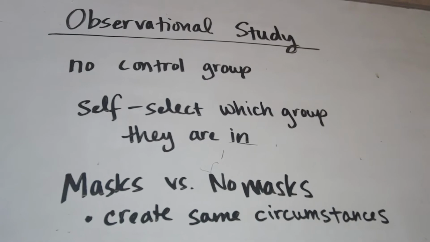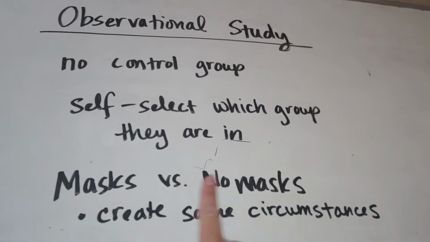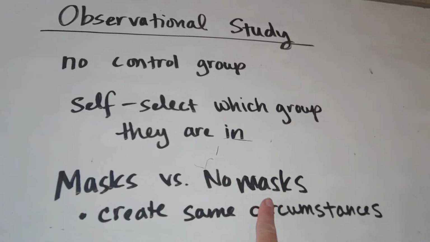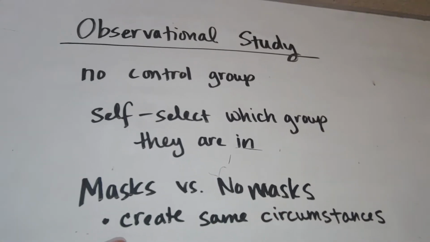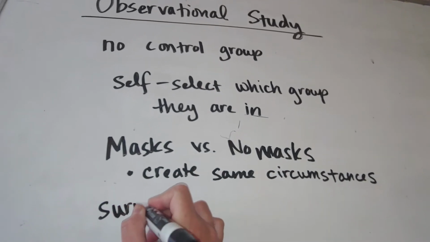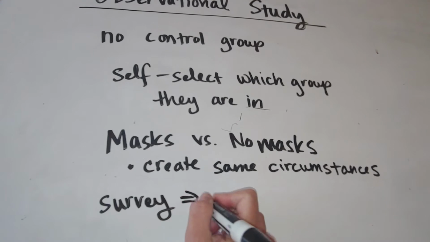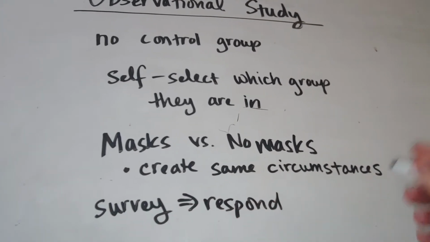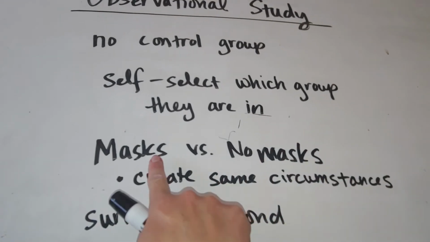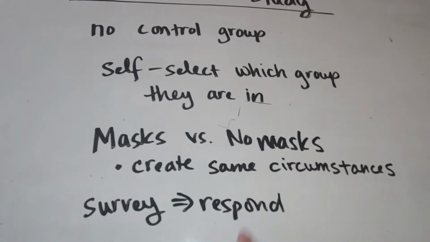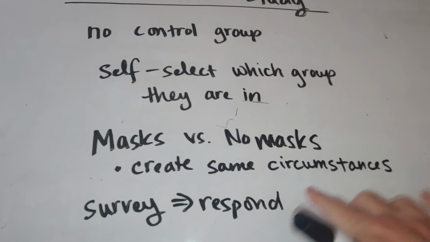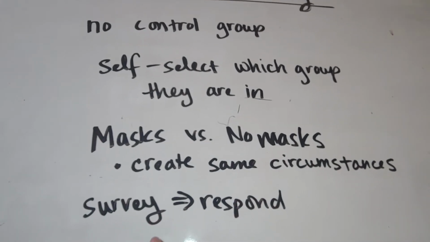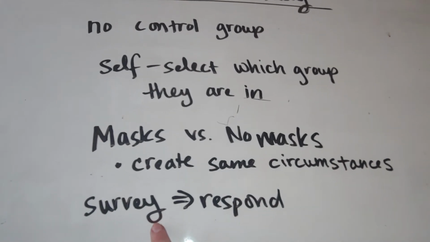So what's happening is basically you go about your life however you choose to, and then somebody gives you a survey and asks you to respond to tell them what's happened. So for example, in this situation, you would either choose to wear a mask or not wear a mask. That is your choice. And then after you do that for, let's say, 2 weeks, the survey is then going